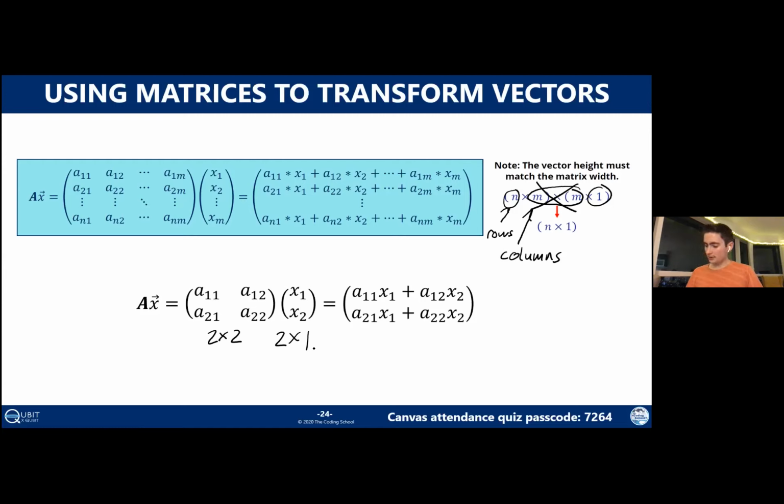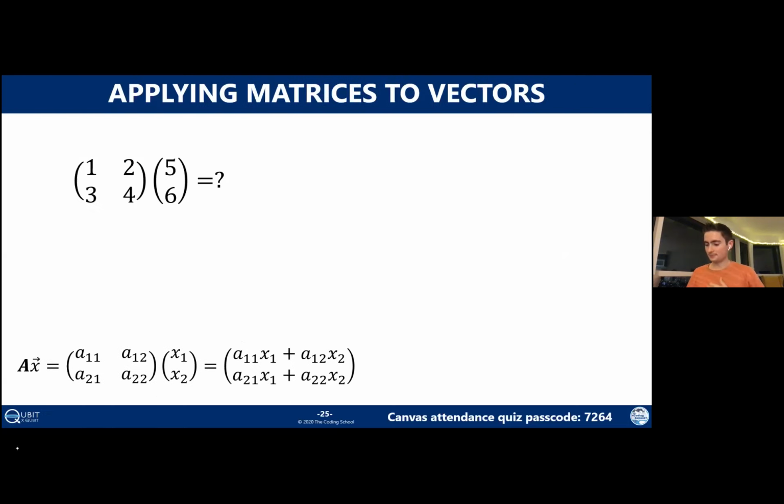Okay, so this is the formula we use for multiplying a vector with a matrix. Let's go ahead and do a concrete example of this to see it in action. So suppose we're given a matrix that is 1, 2, 3, 4, and a vector that's 5, 6. What will this equal? Well, I put the formula at the bottom left as usual. You should notice the theme with this lab is that you have a formula that you have to remember, but there is a trick to doing it. If you just do it enough, you can start to see the pattern.